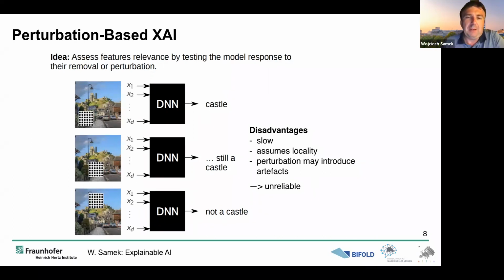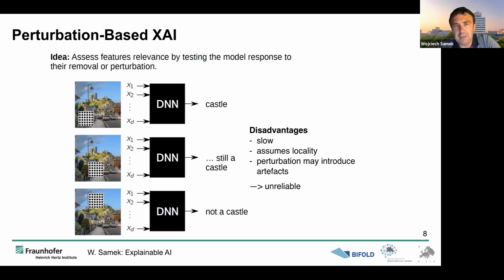And you see that if you occlude the lower left part, the model predicts this image still as a castle. But if you occlude the area where the castle is, the model will not predict this image as a castle anymore. So from these occlusions, you may derive that this part in the image was especially important for the